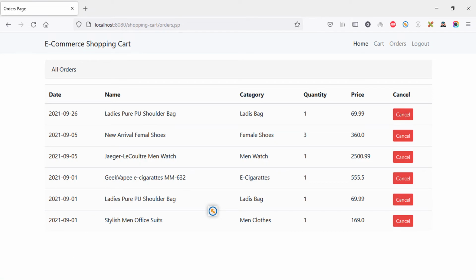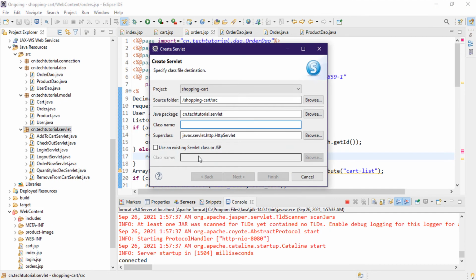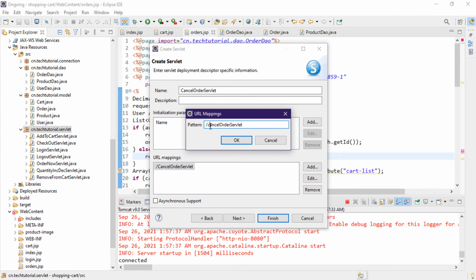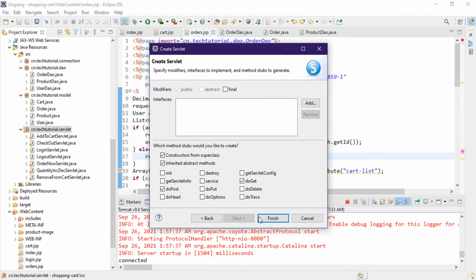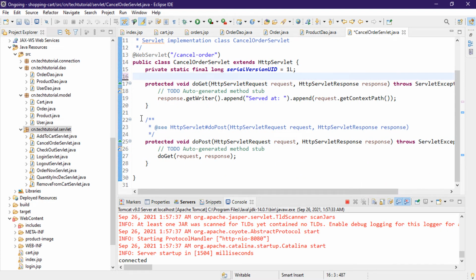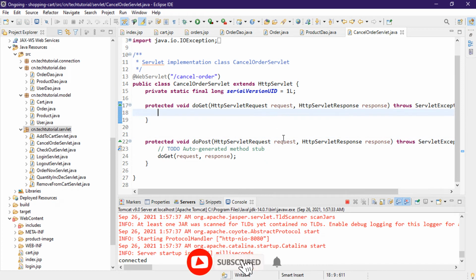Let's go back to our servlet, then create a new servlet. So the servlet name is CancelOrderServlet, and click on next, then edit the URL, which will be cancel-order, and click on OK, click on next, and this one going to OK. So remove unnecessary comments. So this doPost method is accessing the doGet method, and here I'm starting with